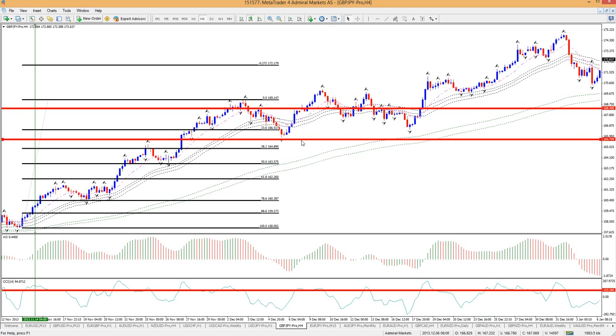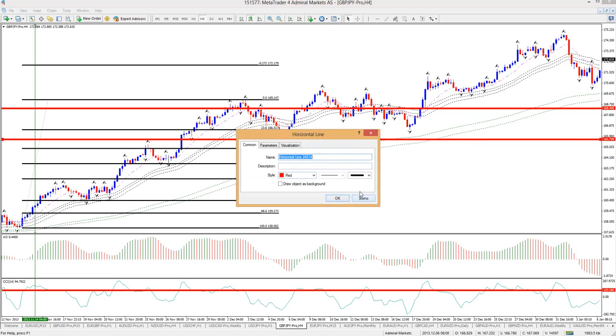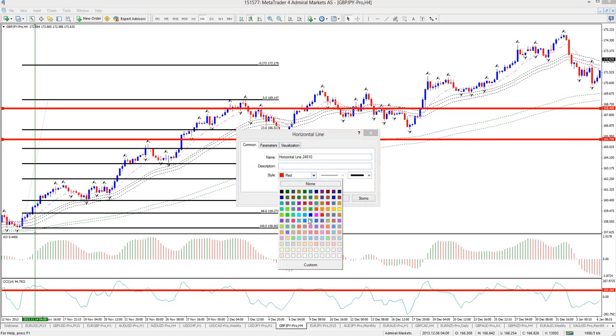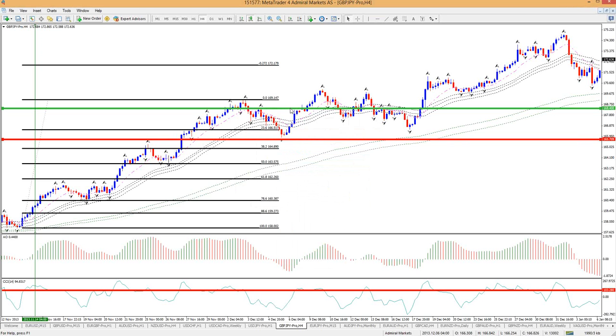This red line here, let me make this one the green. Good. So the entry would be there upon the 4-hour fractal break. The stop loss on the opposite side. Unfortunately, in this case, it's a tremendous stop loss, but that would be the idea. The entry here, the risk below the last 4-hour fractal, in fact,